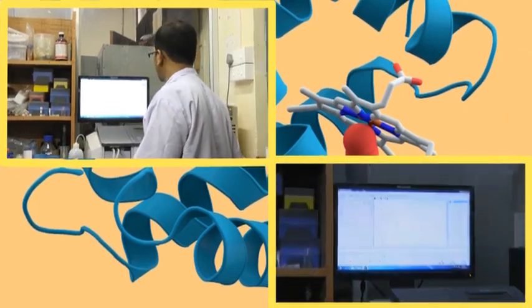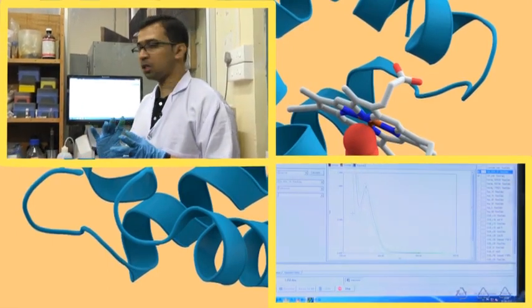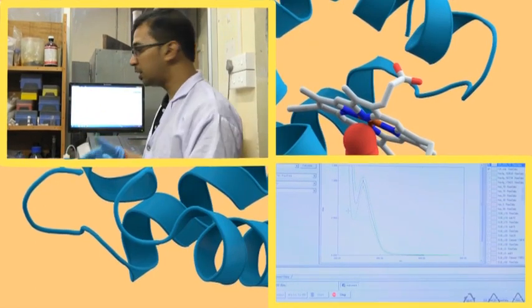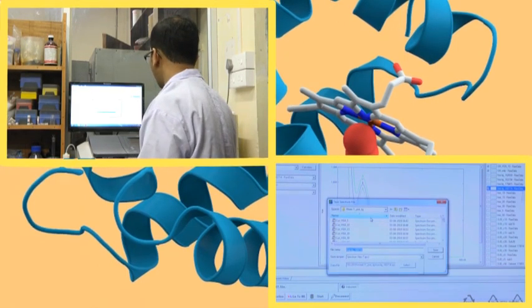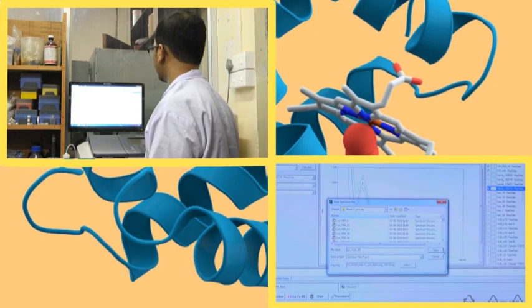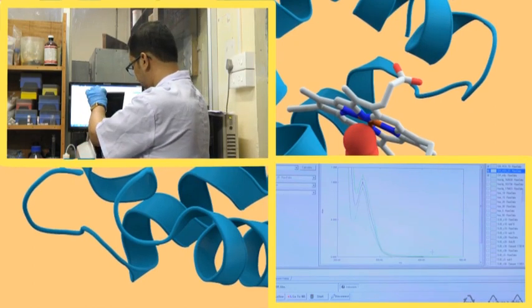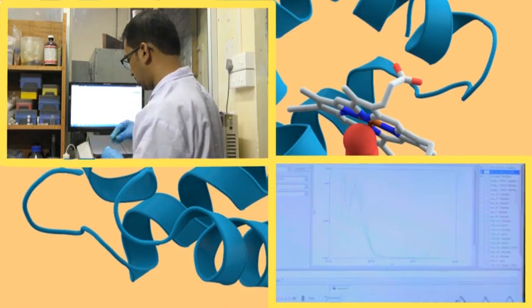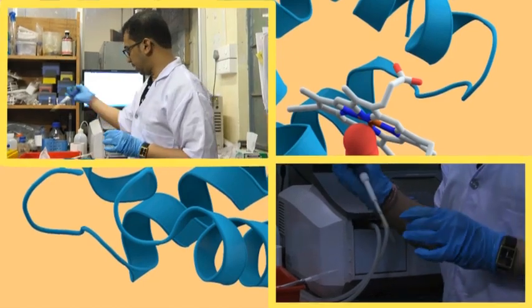So, again here we can see it is increasing. What happens basically is there is an overlap region. As we are increasing the concentration of HSA, its absorbance also increases. Now, we are saving this one as gallic acid HSA 20. Okay. After this, I will be adding another 10 microliter, so it will be 30.